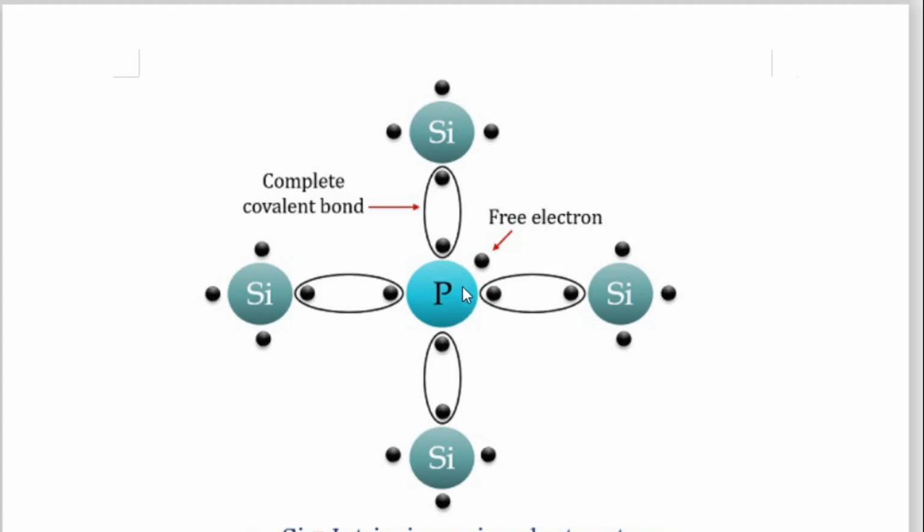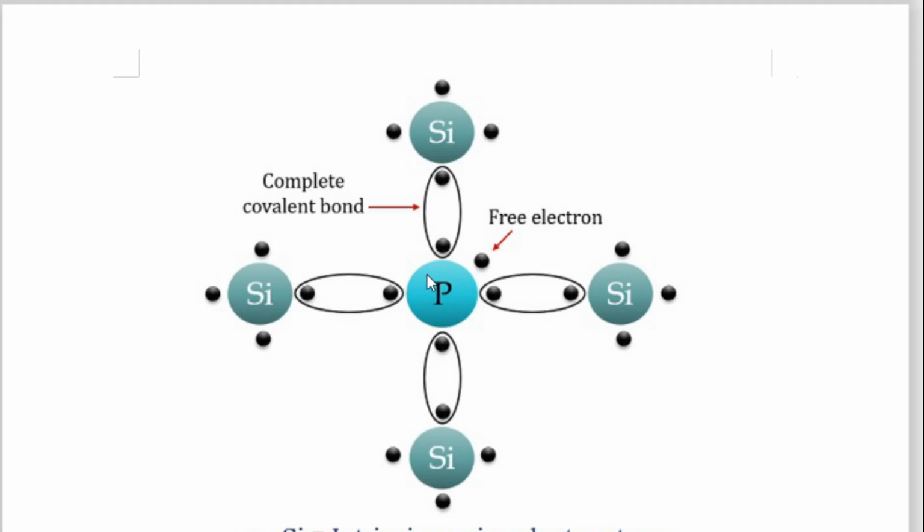So when we add a pentavalent impurity, what do you mean by pentavalent impurity? The name itself will communicate to you that penta means five, valent means valency. Five valence electrons are there. The valency is five. And therefore when you add one atom of phosphorus, a pentavalent impurity, into the silicon structure, see what happens. This phosphorus atom shares four electrons with four neighbors of the silicon, and one electron remains extra because it is having five electrons, and this is called a free electron,